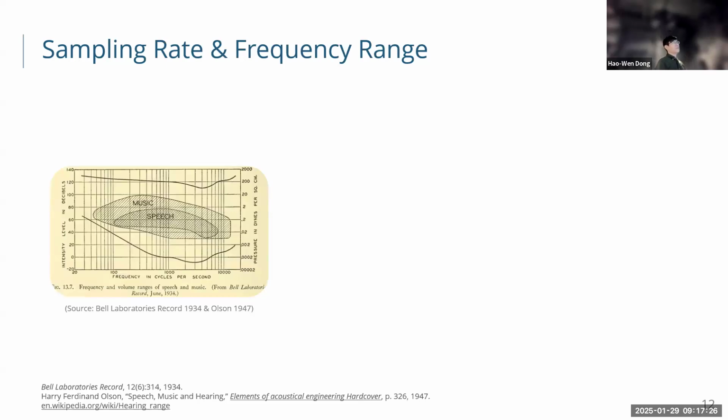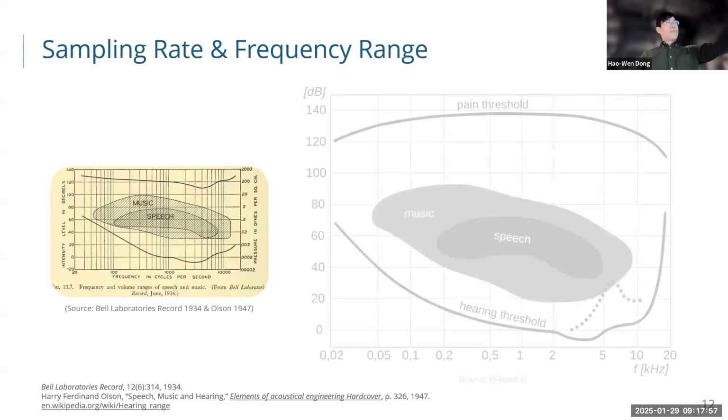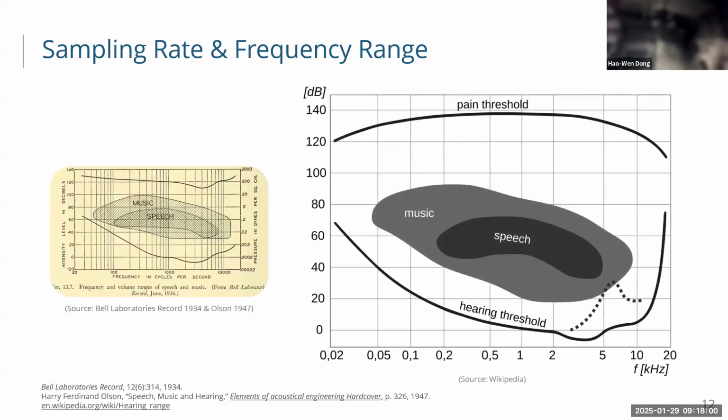Cool. So there are some studies looking at the spectrum of the audio that we listen to. I just Googled a bit. It's very hard to find the original paper, but it's from 1934, so about 90 years ago. At Bell Lab, they measured this. Basically it shows the typical frequency and loudness range for sound. This is a modern version of it. This figure shows that speech generally lies between